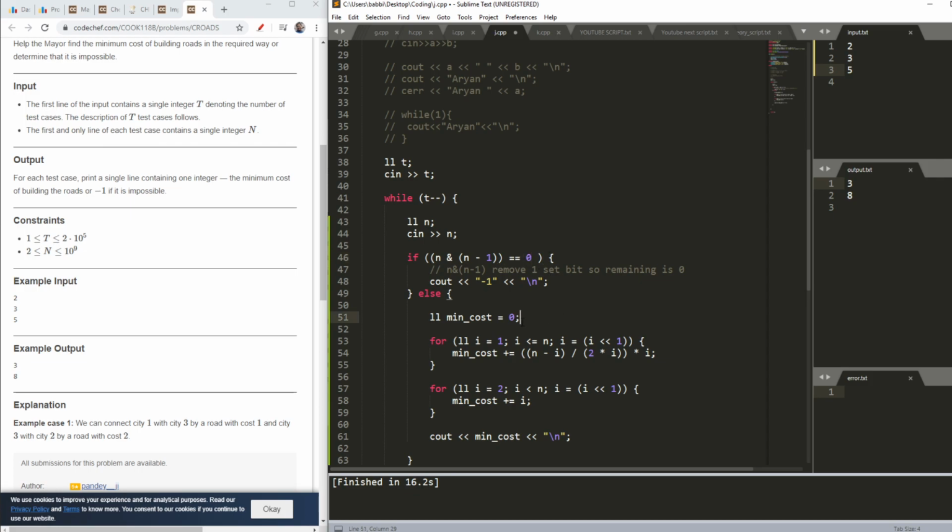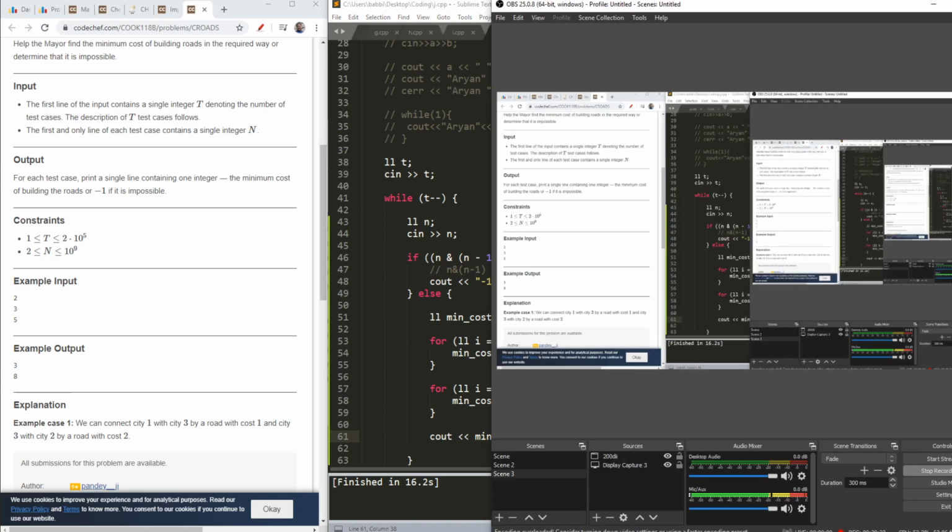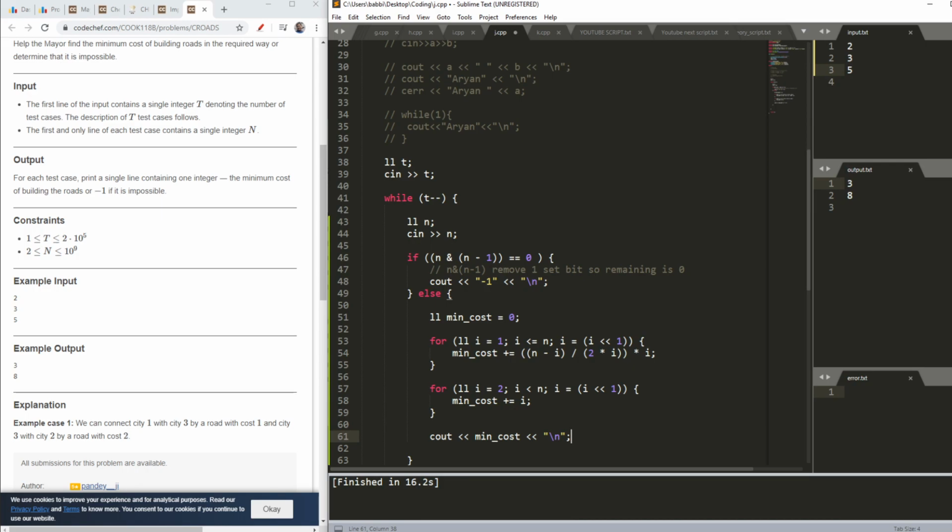Then I will have my variable called minimum cost, and as I showed you in the explanation, I will run these two loops, one loop for every range and another loop for every first element of the range. And then finally I will output my minimum cost. So it was the final answer, and I am pretty sure that I was able to explain you guys. I guess that I took a hell lot of time. Yeah, it is 28 minutes. So I guess that it was worth it, because actually it was a mathematical proof that I had to explain, the AP thing, the sequence thing, the graph how I made, and the other things also.